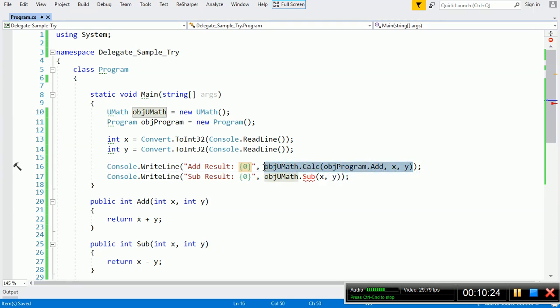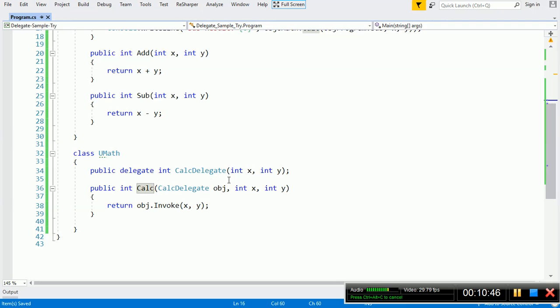I will copy this logic again and paste it here, but instead of passing the add address to this function, now I will pass our sub address to this function. So what does this line indicate? Here, using our object umath, we are calling this calc function.